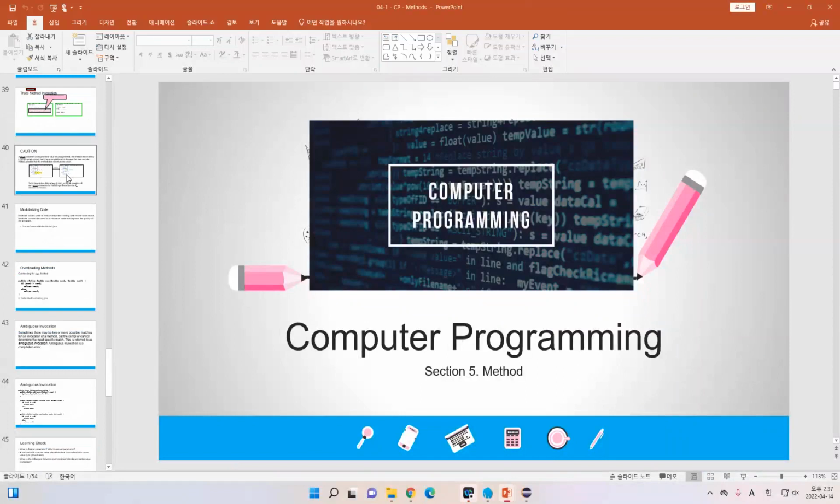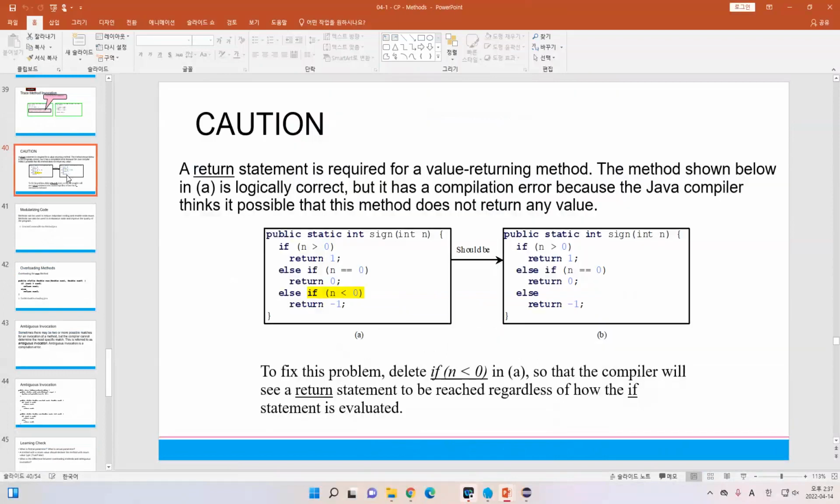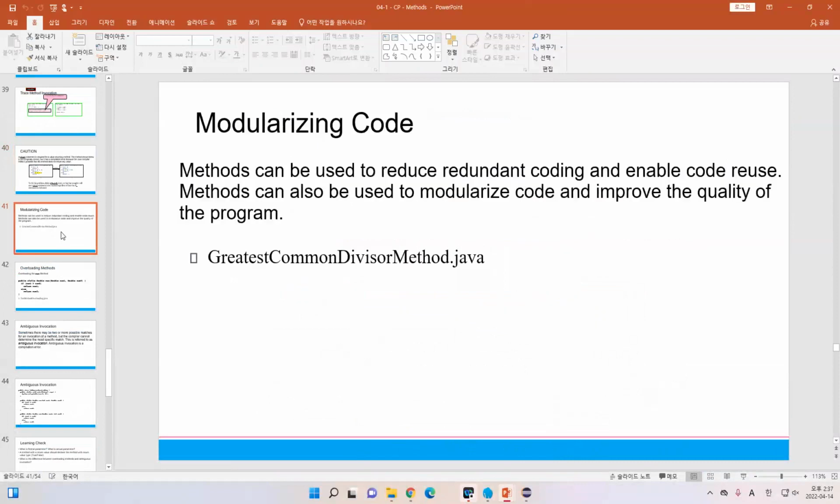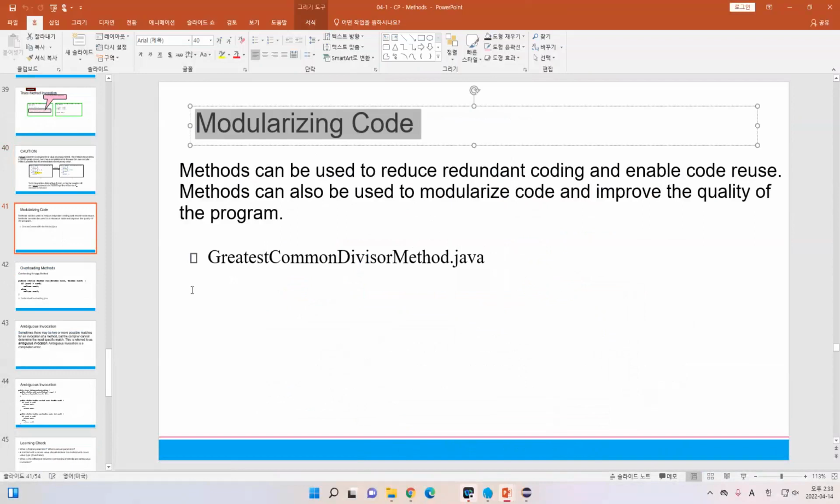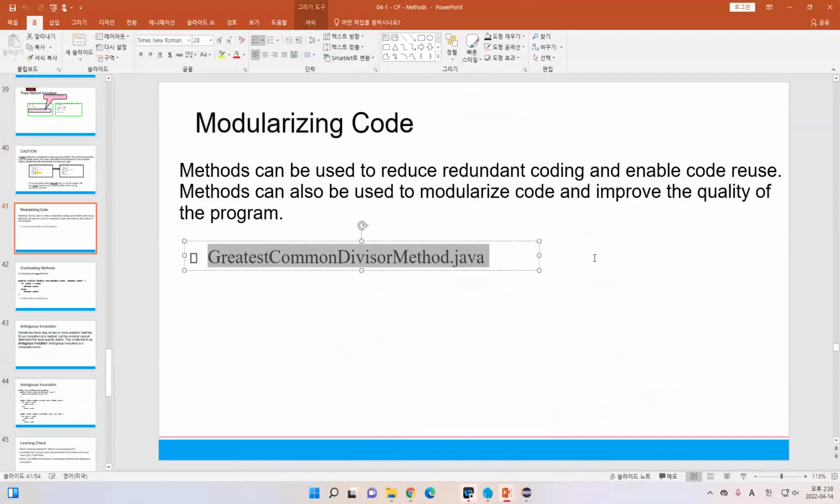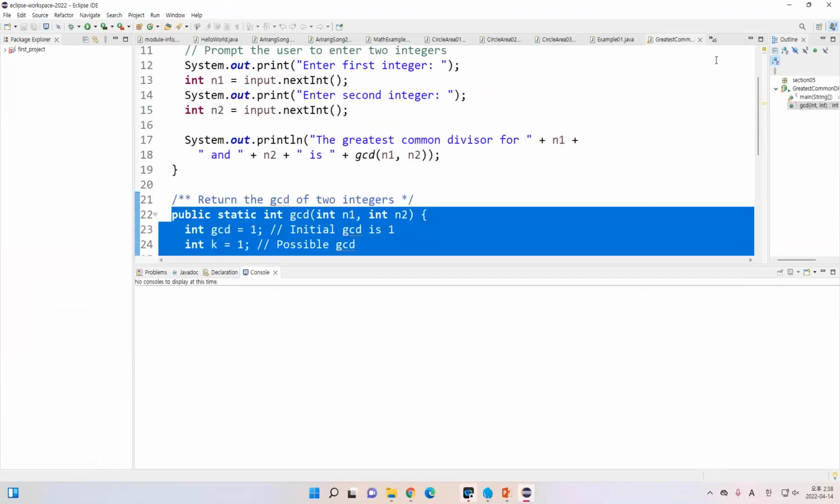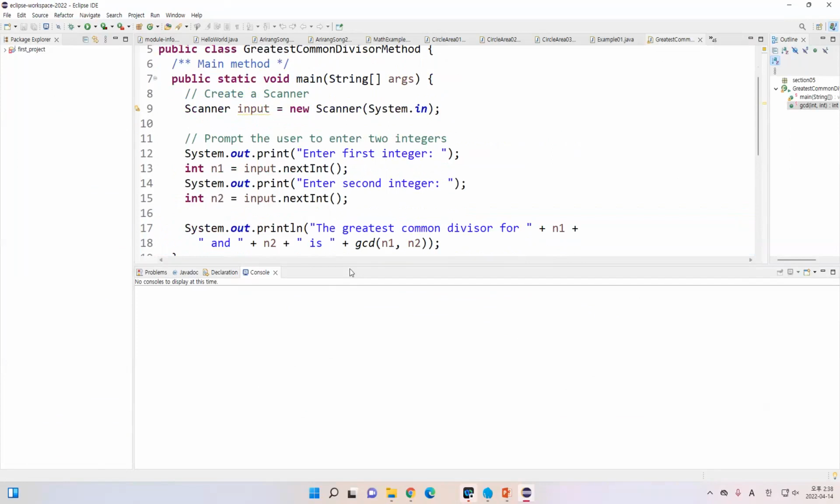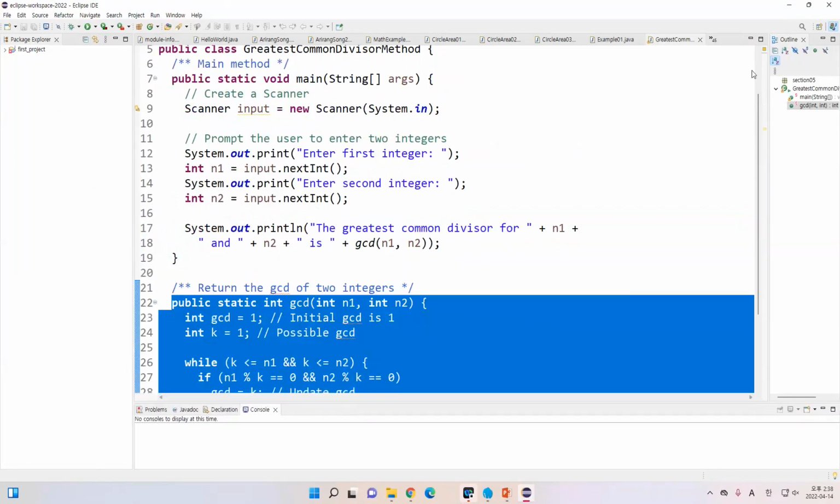Let me continue the method section. On Tuesday, we already learned how we can deal with the written statements. And we can also make a method for this problem, this greatest common divisor method. So this is the greatest common divisor method. You can see that method here